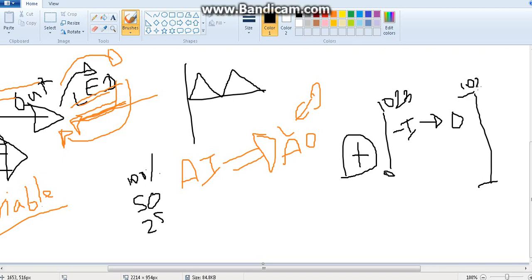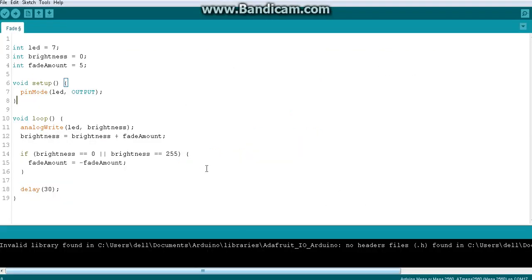This makes sense because of the flow. We take the analog input value, say from A0. That is fine. You read the value and can directly write it to whatever LED pin you are connected to, here pin number 7. So this is pin number 7, the LED, and I will directly give this analog input value here instead of a brightness. So what is the problem here?